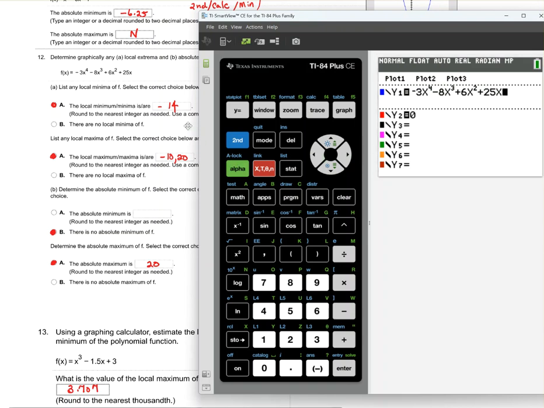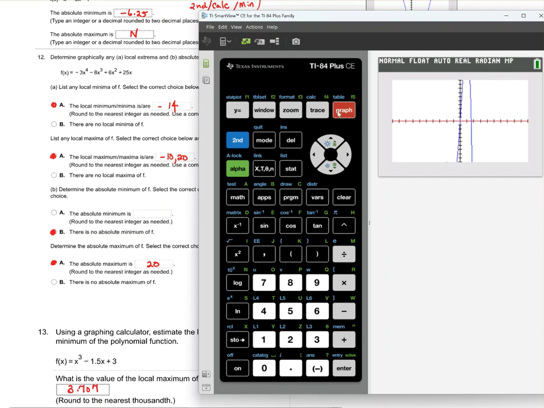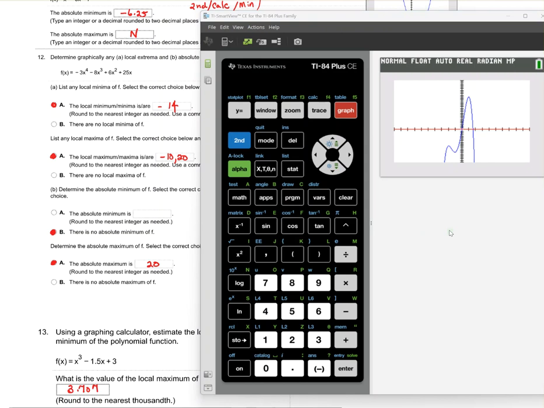All right, so it wants to know the local min. Let's do a graph. And we can't see all of this. Let me put you on pause and get a good window. Okay, so I played with it a little bit and made my y max 30 and my y min -20, because the -10s and 10s weren't working. You just have to play with it. You want to see everything. So the local min right here,